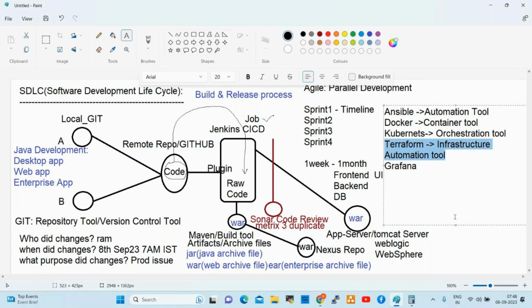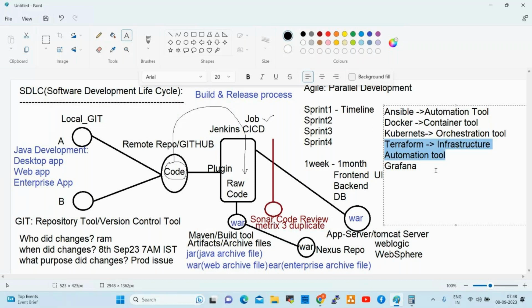Terraform is mainly for reusability. Even in AWS we can create, but in AWS we cannot reuse a number of times. But when we create using Terraform, there is reusability. For example, we created 100 servers and handed them over to the development team. The project is completed. The same servers we can move to another project. We can upgrade them if the other project requires higher configuration, like higher RAM, higher CPU, higher processing. That we can upgrade using Terraform immediately, right?